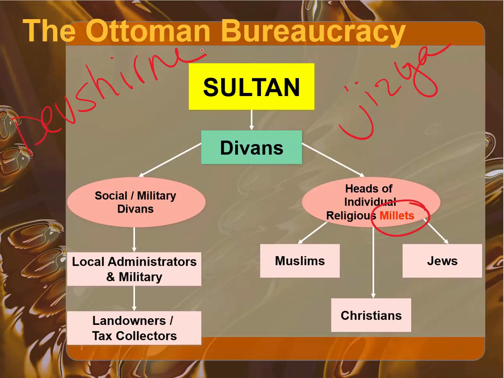And what this system was, that every year, officials from the Ottoman Empire would go out and scour the countryside looking for the best and the brightest young boys, usually at around age 7 years old. Those young boys would be taken from their families. Now, they could be both Christian or Jewish families. They didn't necessarily just have to be Muslims. They would be taken away from their families. They would never see their families again.